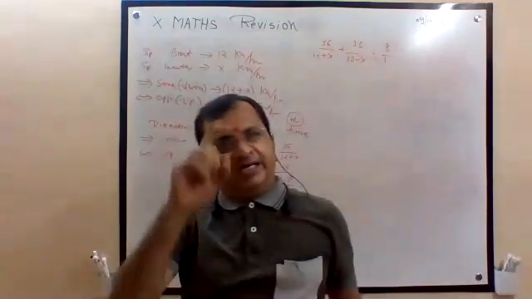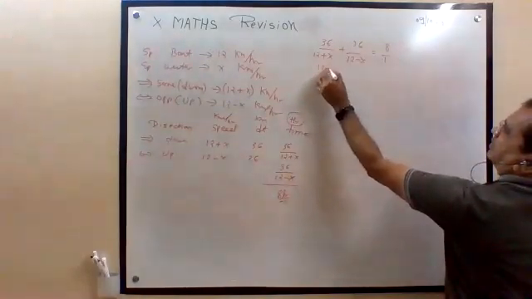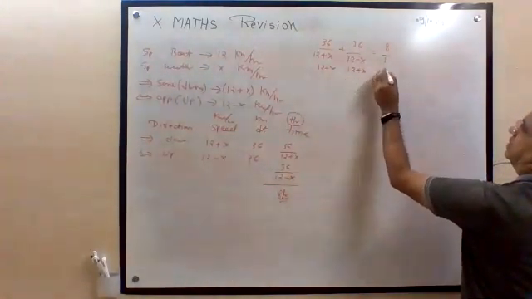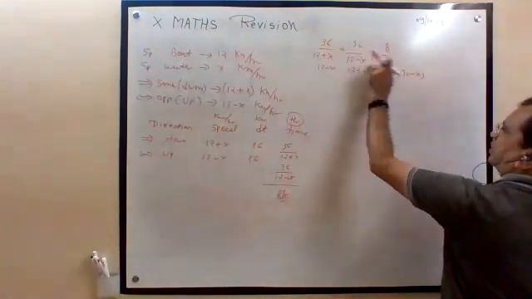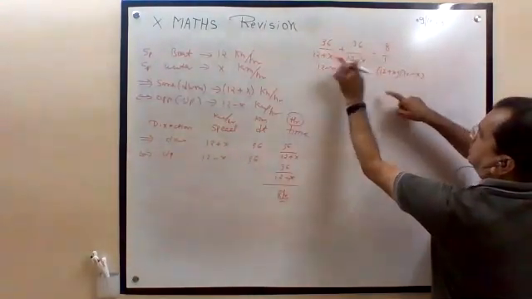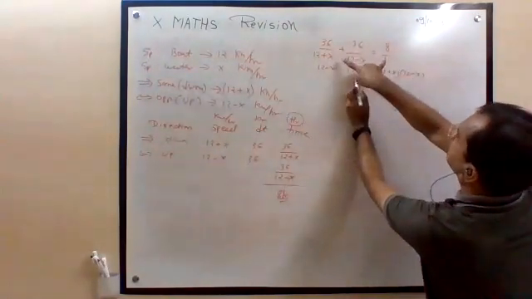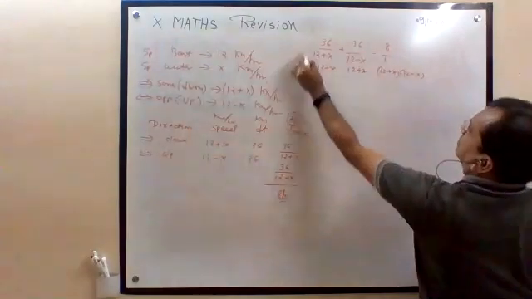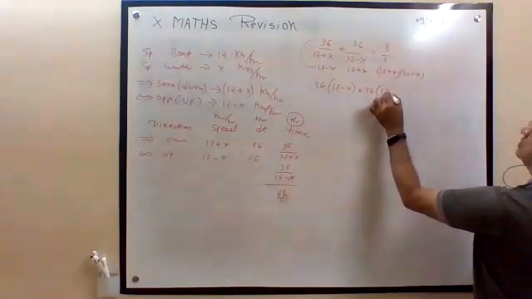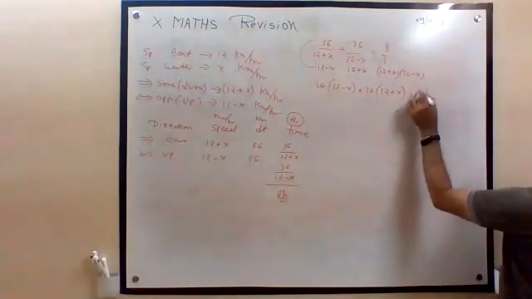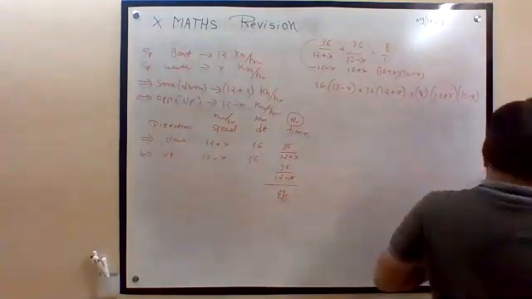Going time plus coming time is equal to 8. So here the LCM will be 12 minus x, here the LCM will be 12 plus x, so the LCM is 12 plus x times 12 minus x. Under this, the product of these two, and the rest of the two. Now this multiplied by this means 36 times (12 minus x), plus 36 times (12 plus x), is equal to 8 times (12 plus x)(12 minus x).